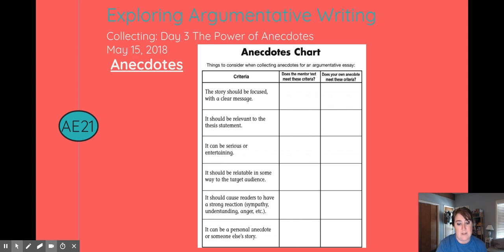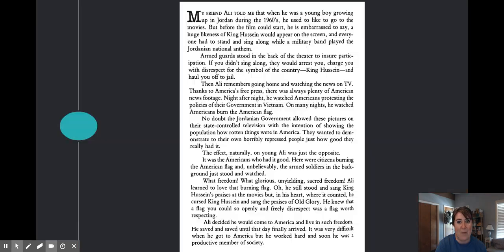This might lead readers to think, if she can forgive those who bombed her city and equally value their lives, then so can I. Let's look at the anecdotes chart, which we just did. We did that before I read all that. So now we're going to look again at why Ali loved flag burnings. Again, keep in mind all of these different anecdotal points